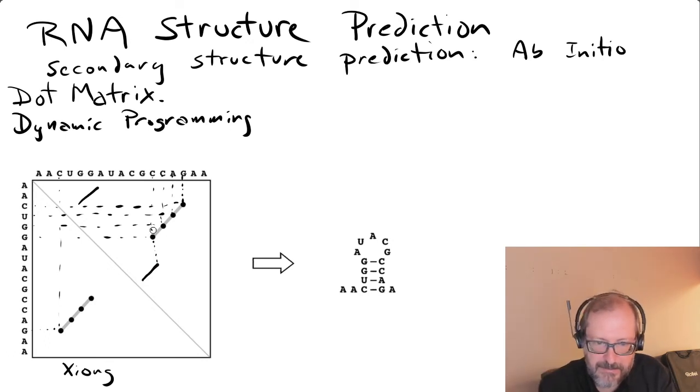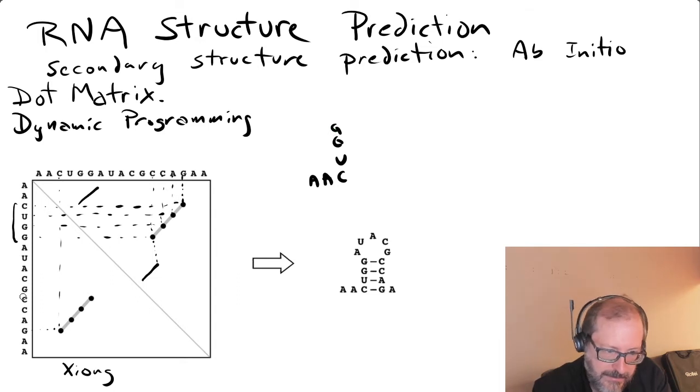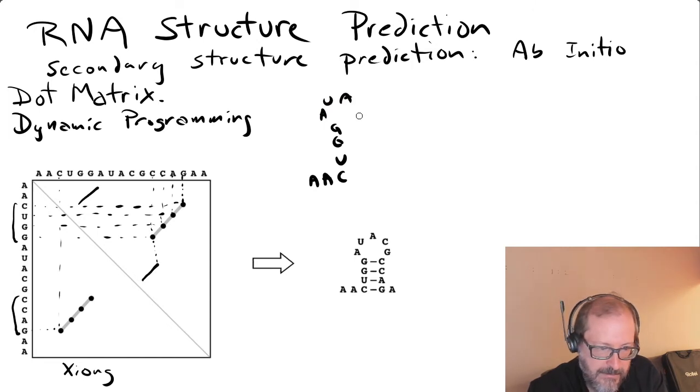Okay, so in this case, you see here the final results, but if you're following this plot, you could just say to yourself, okay, well, if I want to draw a secondary structure diagram, I would write A, and then I'm going to get into this helical part, CUGG. So let's draw it like this, CUGG, and then there's going to be a CCAG part, which is also part of that helix. And there's this stuff in the middle, which is just going to be a hairpin. So it's going to look like AUA, CG, and then the rest of the helix. So it's CCAG,